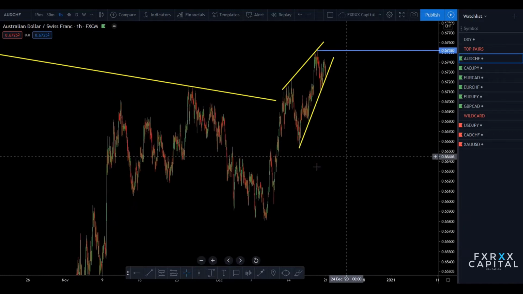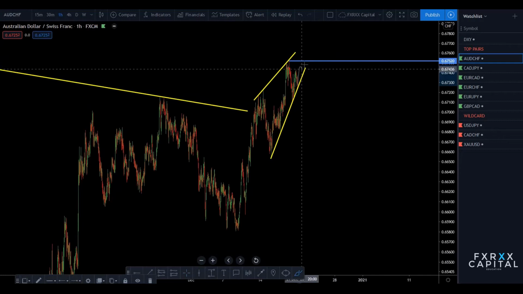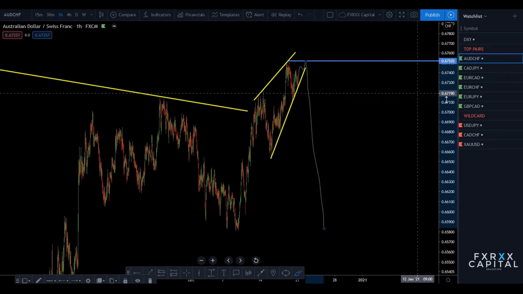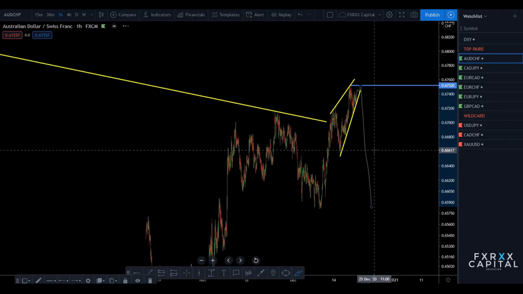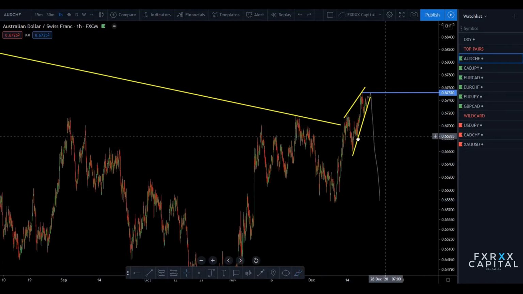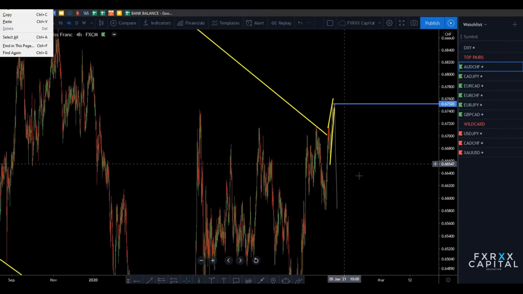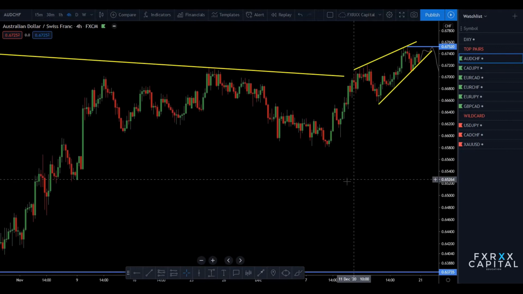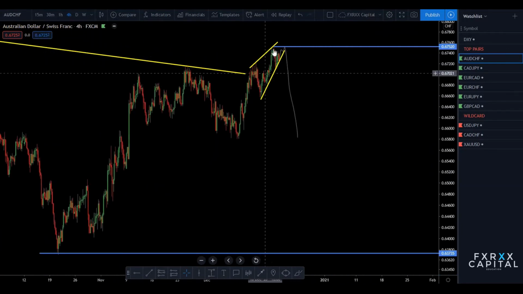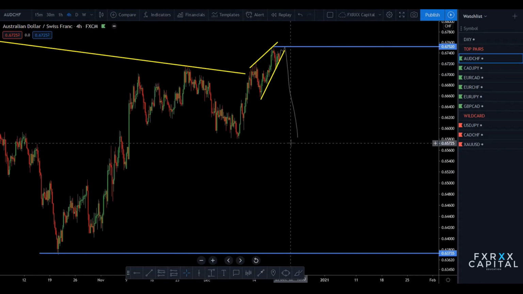What I'm looking for is price to create this double top on this pair. I'm not going to set any sell position to the downside, because you can see price broke the structure. You can understand that price might be impulsive to the upside and pull back, creating a correction. If we move to the 4 hour time frame, you can see price broke impulsively to the outside and has a possibility to move to the downside because of the small ascending channel.